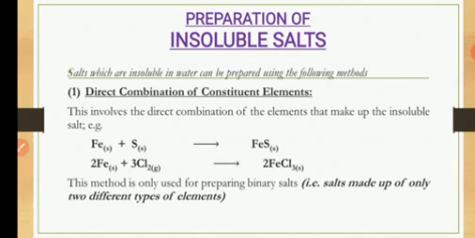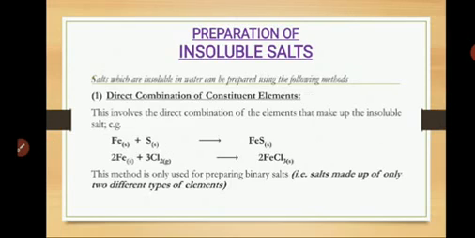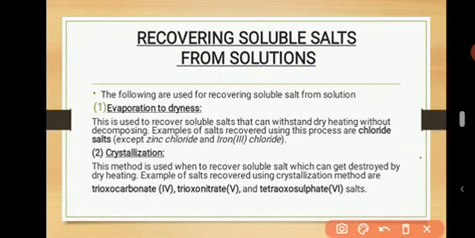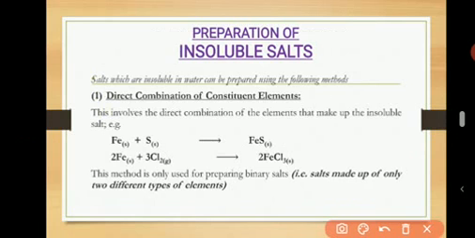That is what we call direct combination. For example, iron sulfide. You know that iron sulfide is an insoluble salt, but it is actually a binary salt. So you can heat iron with sulfur and then you get iron(II) sulfide. You know that reaction is occurring because the color of iron is gray,